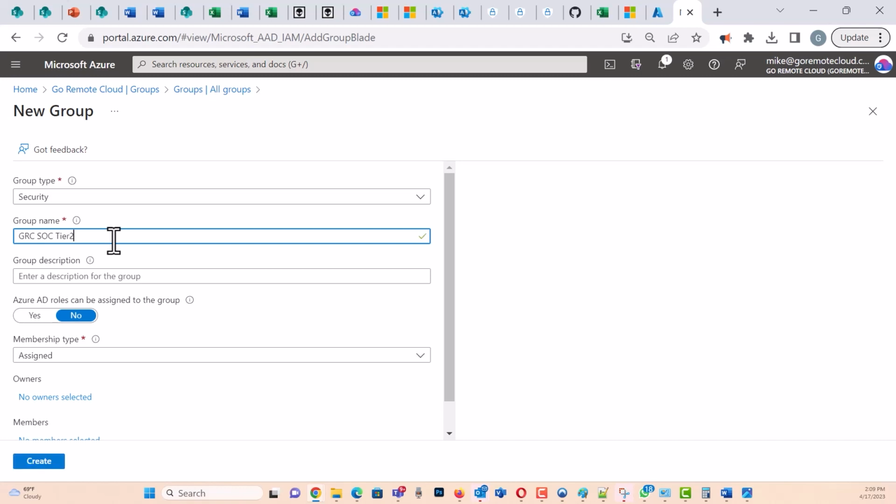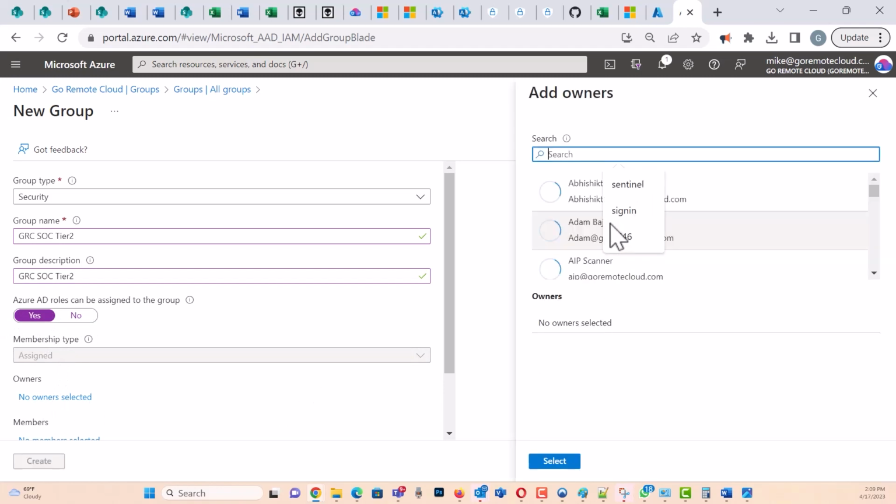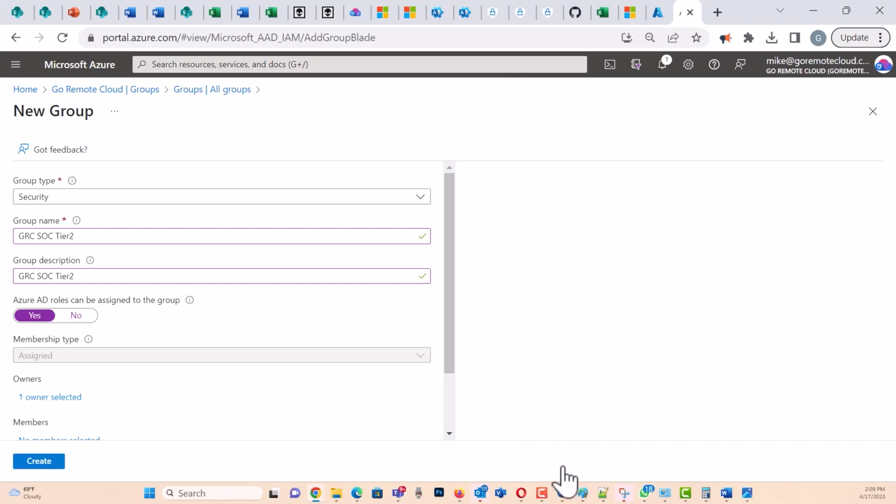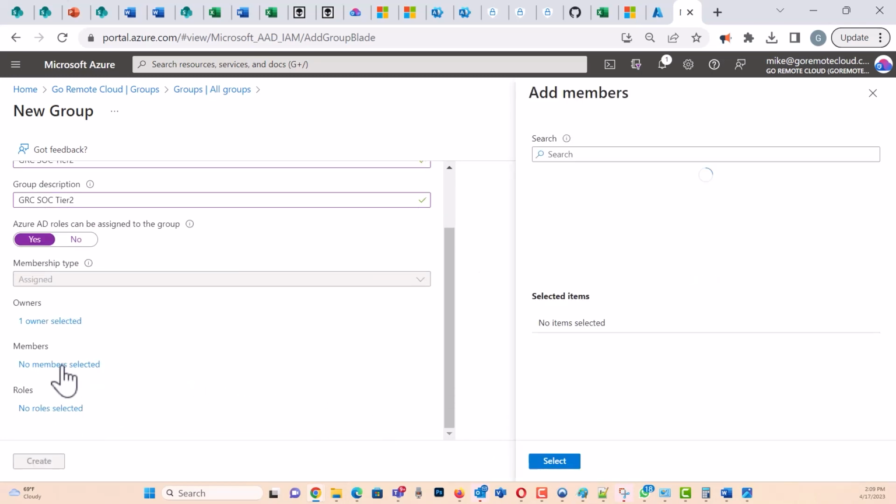So for example, for the tickets that come in, if SOC Tier 1 is unable to resolve them, they are going to escalate the tickets to SOC Tier 2, where they have permissions like blocking the IP, resetting the user's password, revoking the sign-in activities, or running the antivirus scan on the machine. Great, and let's go ahead and